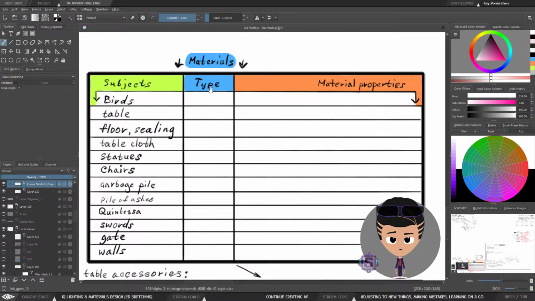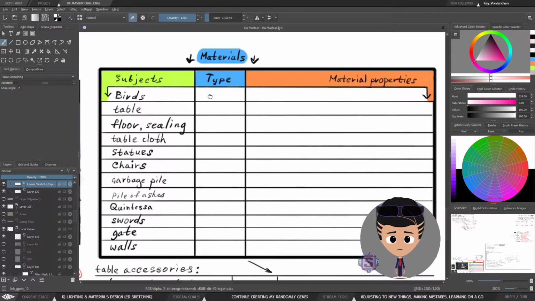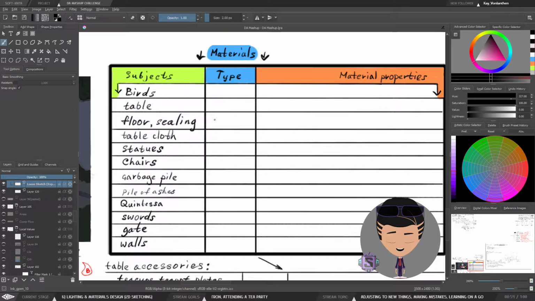We established the type of materials. I still need to think about what we need to write in the type. Maybe in type of material we need to write something like wood or feathers. Yeah, those. So type of material is going to be wood, feathers, metal, garment,